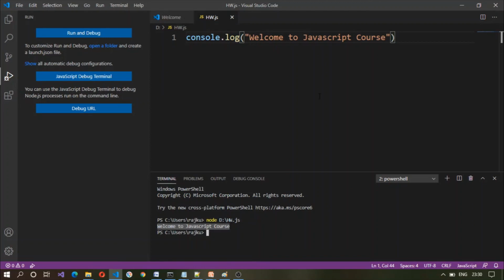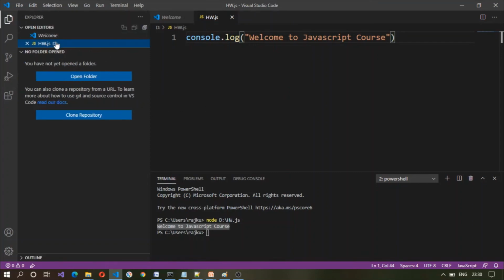For our course on JavaScript, we will be using only these features. We are not going to use any of the advanced features in this code editor. However, we will be creating folders here, and those folders will contain JavaScript files.